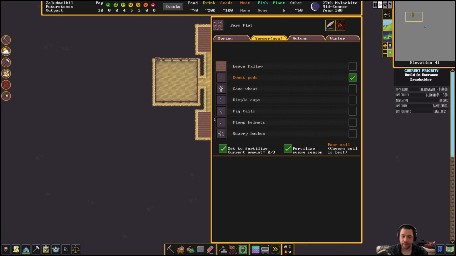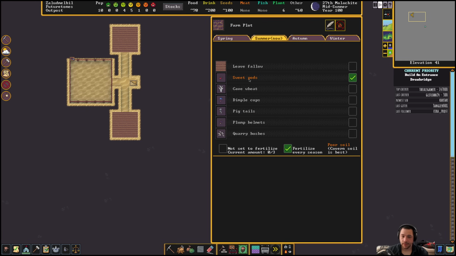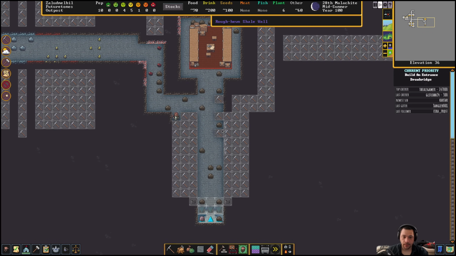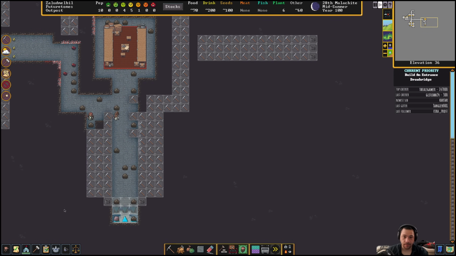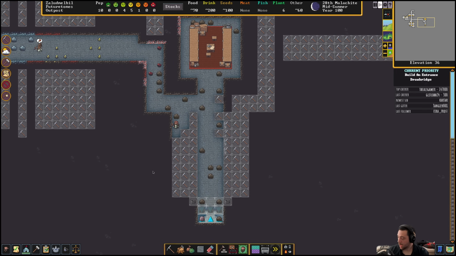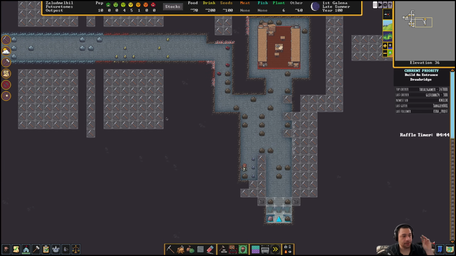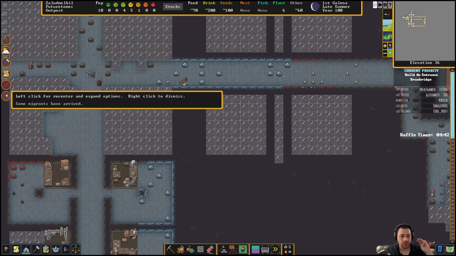Okay, I do have the farm plots sown. Good. And there we go. There's that skilled miner. Let's go ahead and have our first raffle. So I'm going to be raffling off the expedition leader. And then I think what I'll do is when dwarves hit legendary status on certain skills, I'll consider raffling them off as well. But I did just have 3 people immigrate, so we should also take a look at the